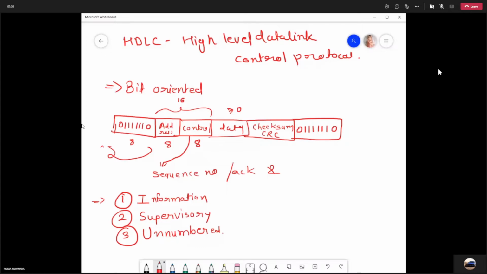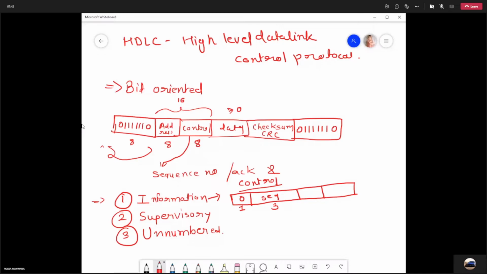So let us see the information frame. Here we are going to show the control field. The control field of the information frame will be like this. It will provide some information about the data. The first bit will be set to 0, and then there will be a sequence number containing 3 bits.